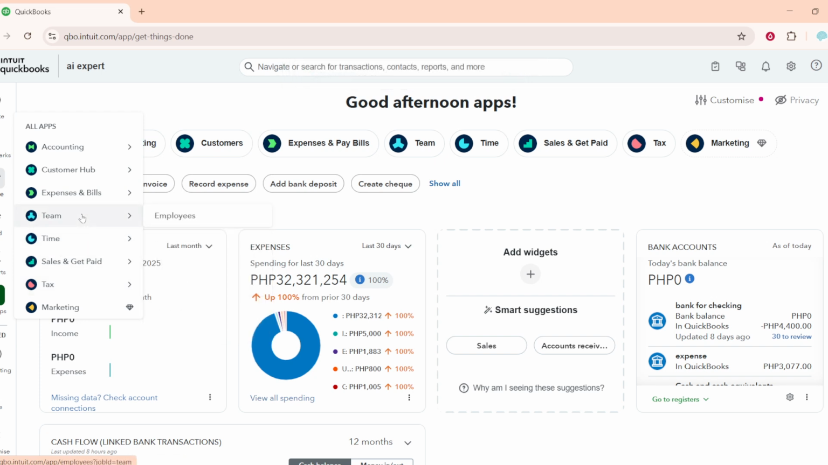A helpful tip is to keep your pinned list focused on the apps you use daily so the panel stays